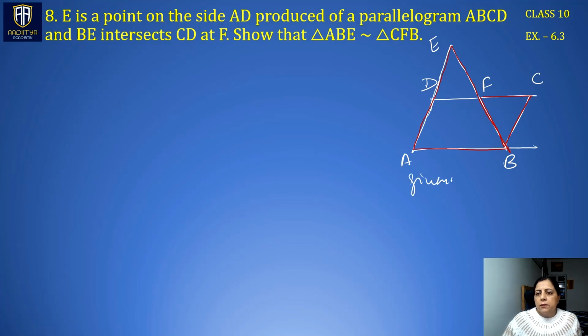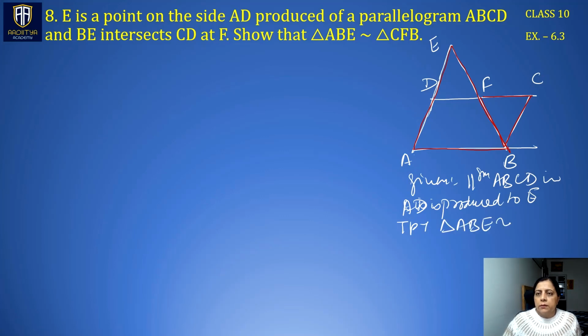So the given things are parallelogram ABCD, in which we know that AB is parallel to CD and AD is parallel to BC. Also, AD is produced to E, right? We have to prove that triangle ABE is similar to triangle